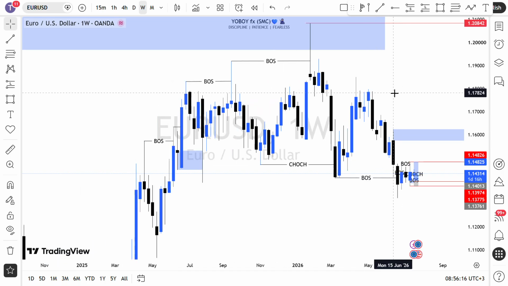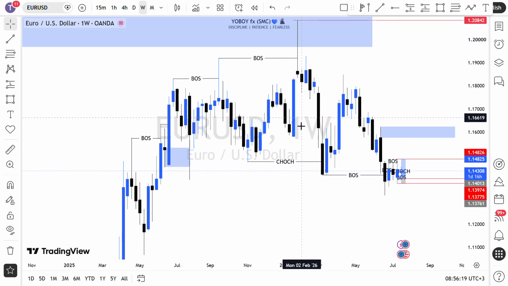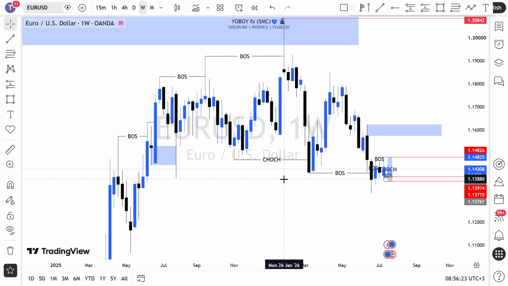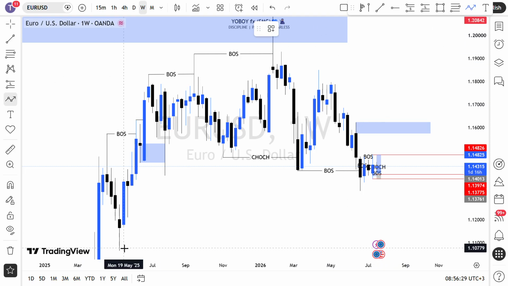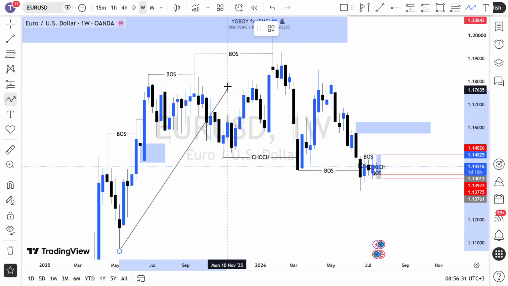After price reacted from this area, we can see clearly that we have a shift of market structure, a change of character, meaning that we have shifted from a bullish momentum into a bearish momentum. We have shifted, this is very important, guys. We have shifted from, remember we had this